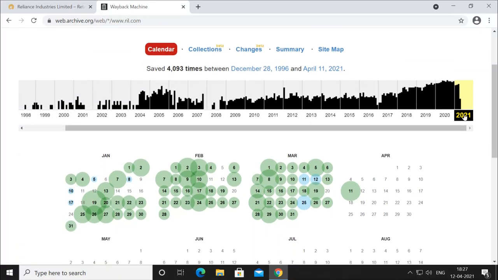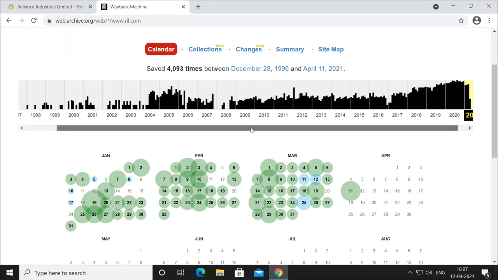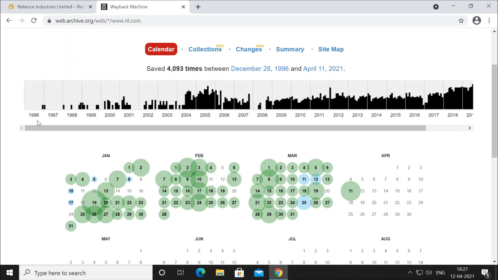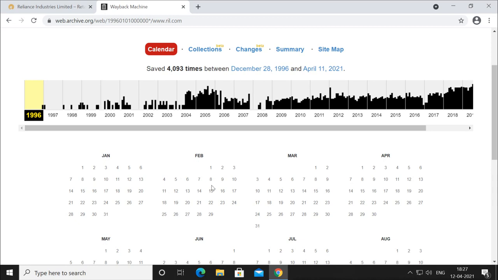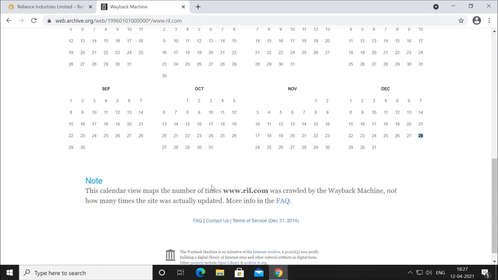This is 2021, this is 2020, this is 2019, and if you go back, it started in 1996. So if suppose I go back to 1996, if you see here in the calendar, it started on this 28th December. This is the snapshot, which is also showing the time 16:19, and you can also browse this.